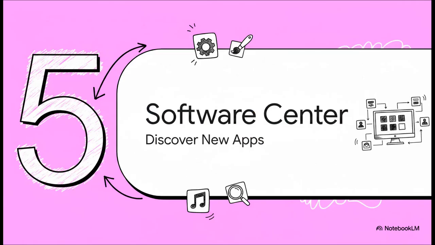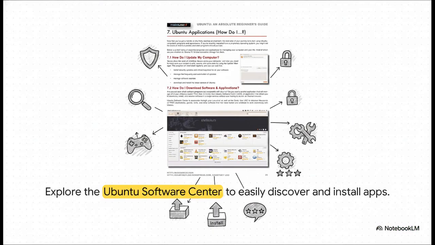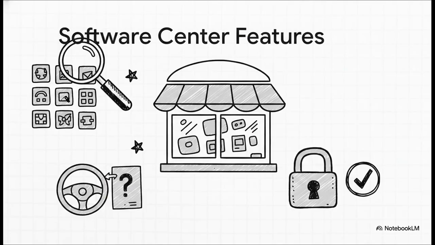Which brings us to Section 5, Exploring the Software Center. But hey, what happens when you need an application that isn't pre-installed? And this brilliantly illustrates the solution, the Ubuntu Software Center interface. It is incredibly straightforward. It's a central hub where you can easily discover, install, and read reviews for literally thousands of validated applications, all from this single window. It categorizes everything perfectly, from games to audio editors to developer tools, without you ever needing to open a browser and scour the web.